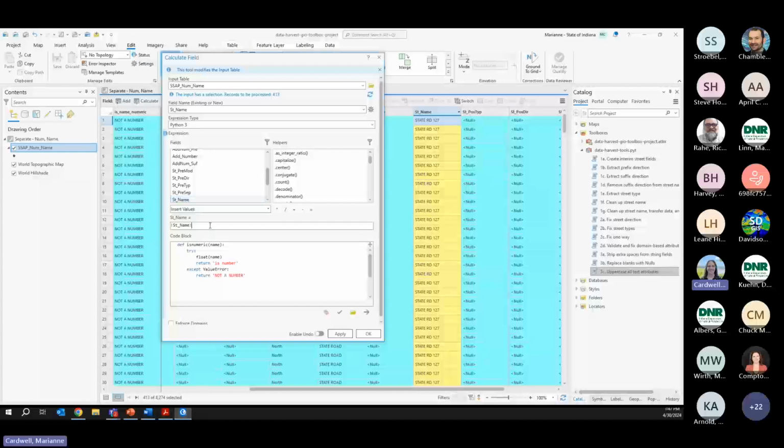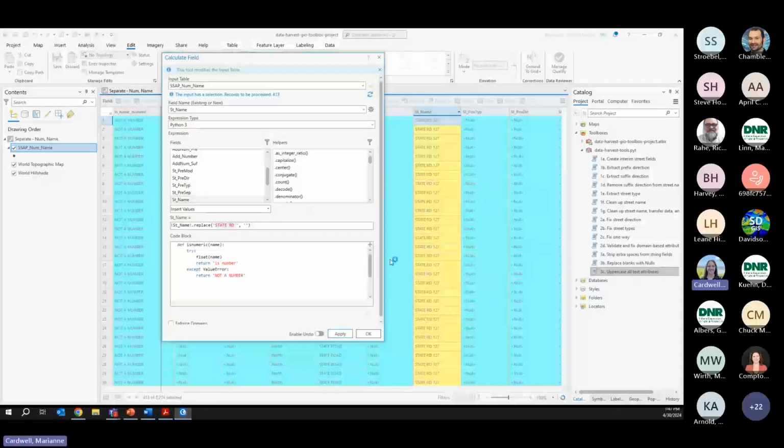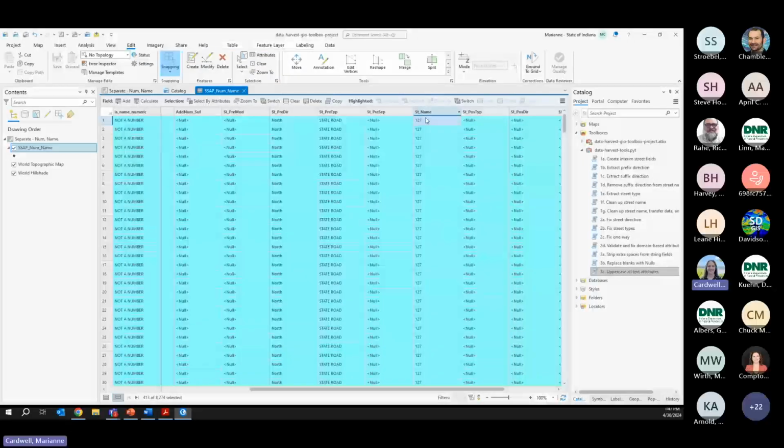It's Python to the rescue. So if you don't know how to do it, just search find and replace Python, and it will tell you how to do it. So hopefully my memory is working. So I'm going to do State Road, and I'm going to add that space afterwards. And I'm just going to make that a blank. So it's going to replace anything that has this in it with nothing. So running this, and now I just have my State Road number and my name, and I have my pre-type